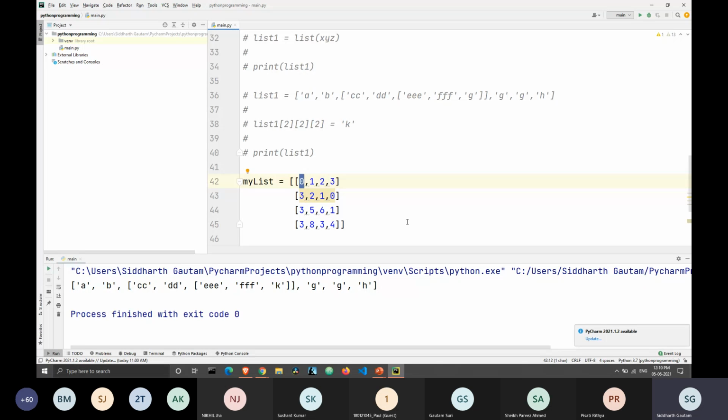But since we are using computers to represent it, and computers start counting from 0, the location of this element 0 is 0 comma 0. Similarly, the location of this 4 is 3 comma 3, because we are starting counting from 0.